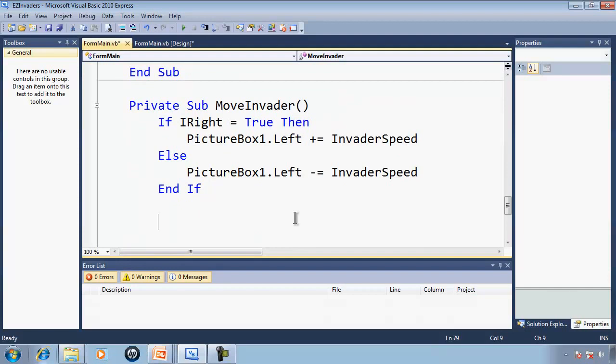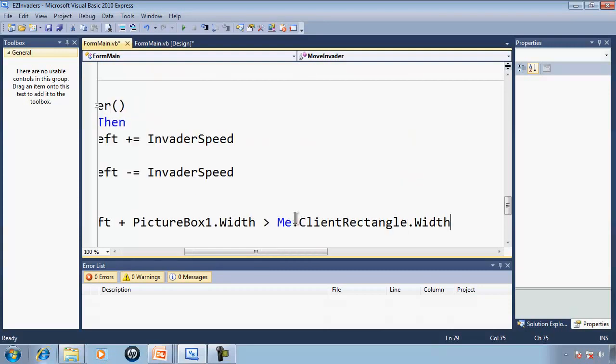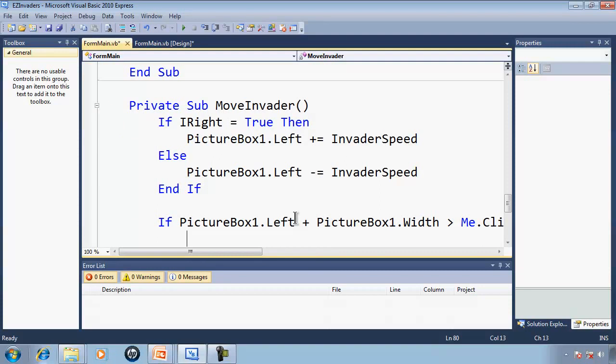So now that we have the invader moving to the right or the left, we have to check to see if the invader hits the side of the form. So if picture box 1 dot left plus picture box 1 dot width, which would be the right side of the picture box, if that is greater than the client rectangle width, me.client rectangle dot width, then we know that the picture box has hit the right side of the form, so we'll just have to drop the invader down. So